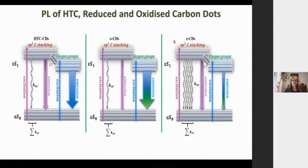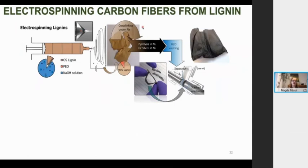And it seems that, of course, the oxidized ones have the highest quantum yield and the highest fluorescence, which means that you need some sp2 stacking, but also a lot of oxygen groups to get the emission from these materials. I will now move to another class of materials from biomass that we're working on, which are based on electrospinning carbon fibers from lignin. So what we do here is we take lignin, we electrospin it, and then we stabilize it and we carbonize it to produce these freestanding carbon fiber mats that we then use in